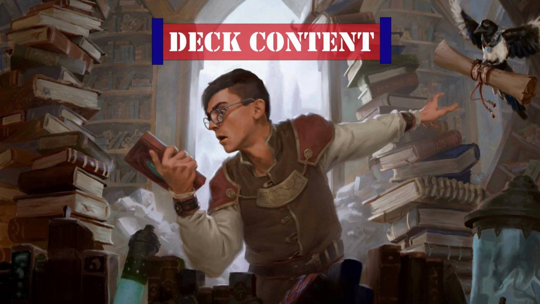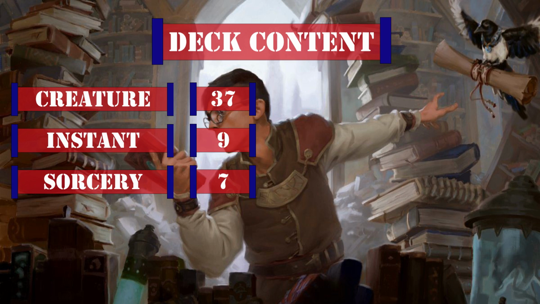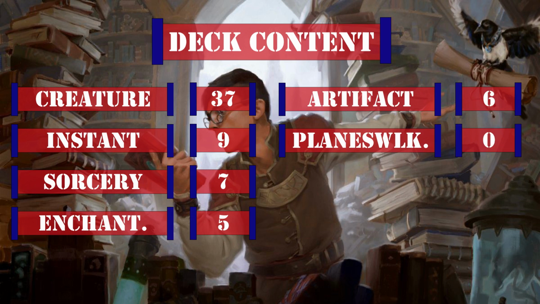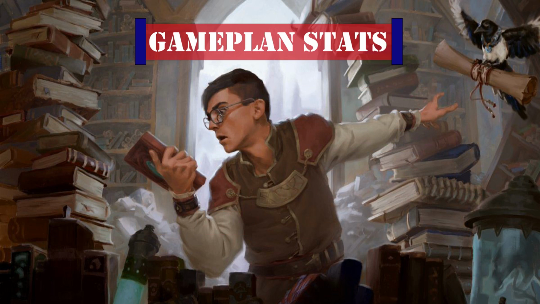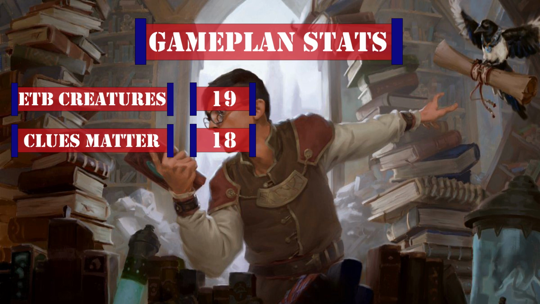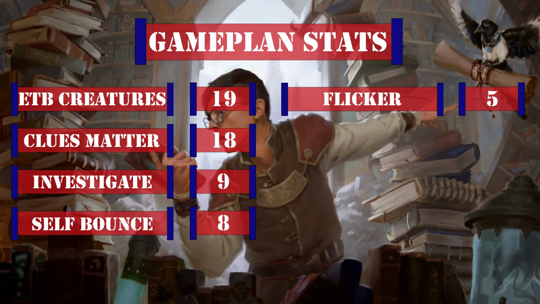This deck currently has 37 creatures including the commander, 9 instants, 7 sorceries, 5 enchantments, 6 artifacts, 0 planeswalkers, and 36 lands. Looking at the stats that matter to our game plan, we have 19 ETB effects on creatures, 18 cards that care about clues being generated or being on the field, 9 cards that investigate, 8 cards that can bounce our creatures back to hand, and 5 cards that flicker our creatures,